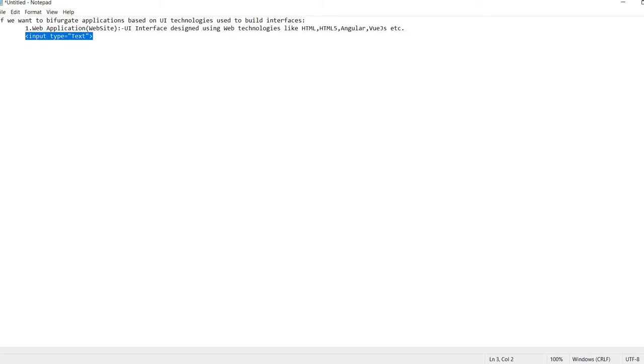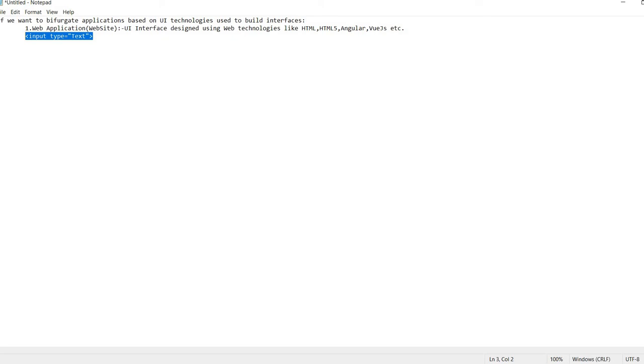So in that sense, these are the web applications. If all the forms you interact with throughout the application, all of those interfaces, are designed using any of these web technologies, then you will call your application a pure web application, where every control, edit, button, list, combo, that is drop down, is designed using web technology.